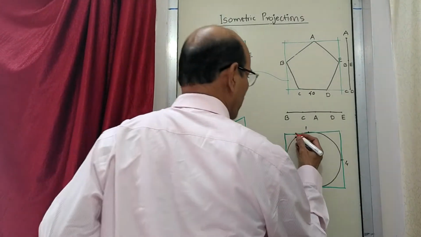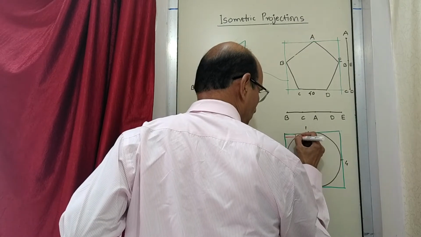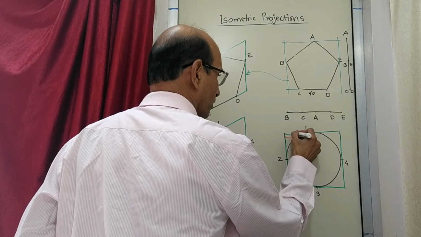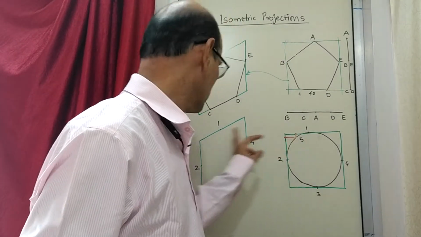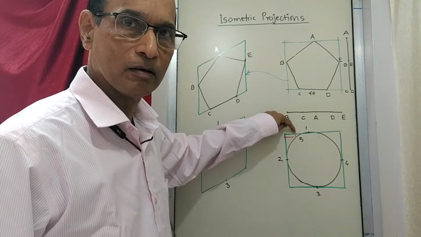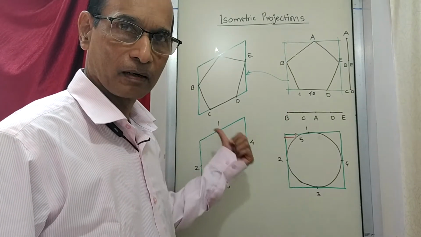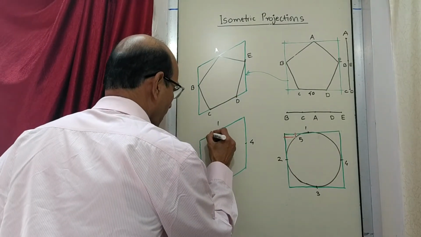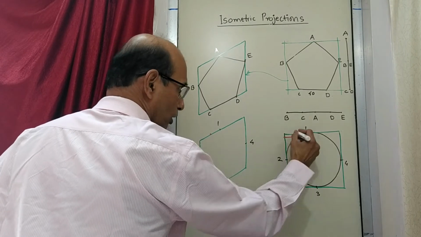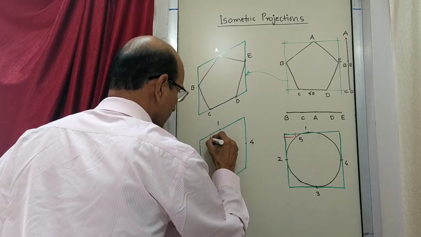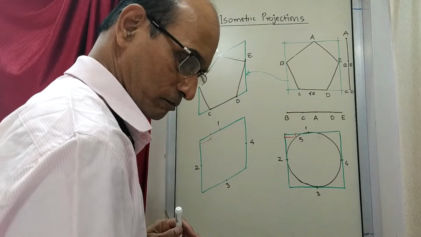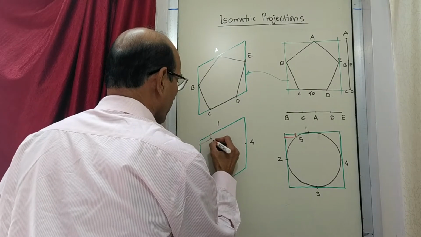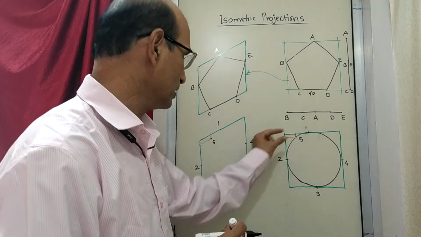I will draw one line parallel from 5 and one perpendicular from 5, and know this point here. Now you don't know how to draw 5 here, but can you know where this point is? Here. You measure this, and mark them here. Mark here, and then draw these 2 lines. This is going to be point 5. Correct? So 5 will be here, because we have taken the same distance for 5.